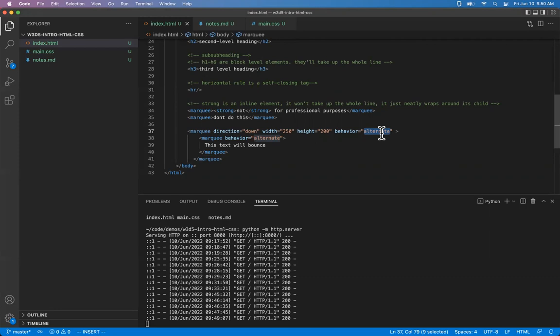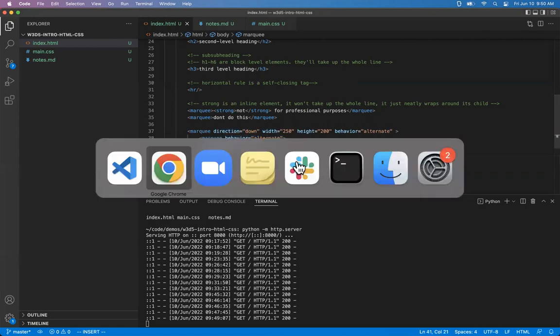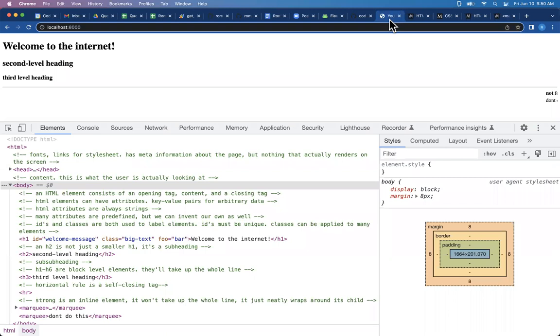So by default, when it goes from the right to the left, it then wraps around to the right again, and then continues going back to the left. But maybe instead what we want is to have it alternate so it bounces back. When it gets all the way to the left side from the right, then it just switches direction, moves to the right. Apparently you can nest marquee tags. So this one is moving top to bottom. This one is moving right to left, but they're both alternating. So by nesting our marquee tags like that,